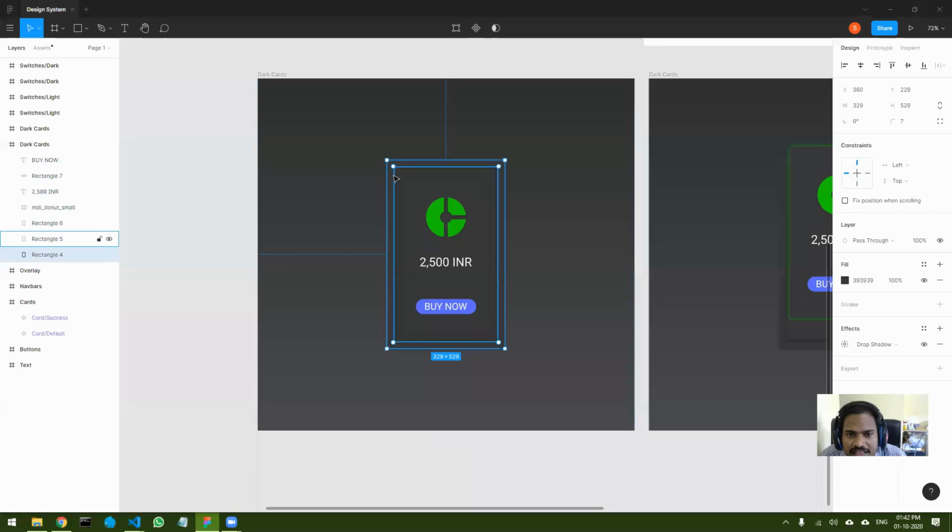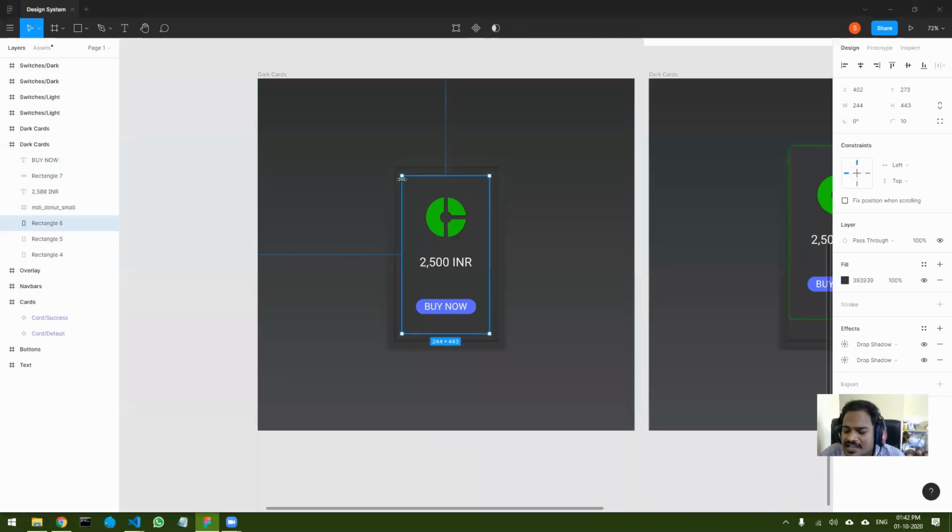Then there is another box inside, which has an inner shadow. Then there is another box which has an outer shadow. So basically this inner shadow and this outer shadow create an effect that there is an engraving around it. That is what I was going for.